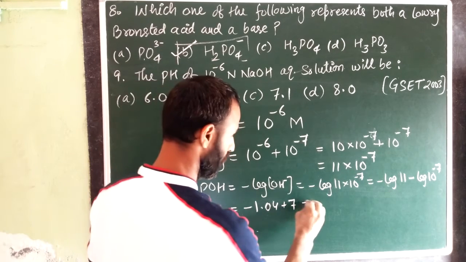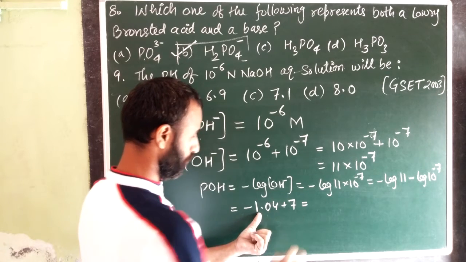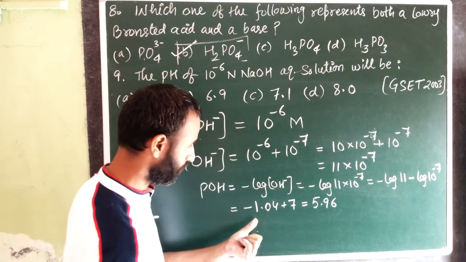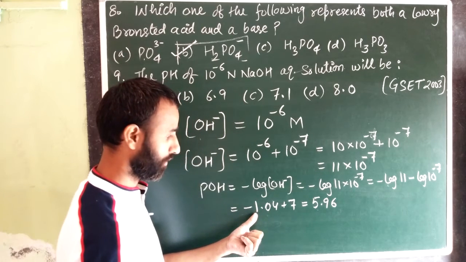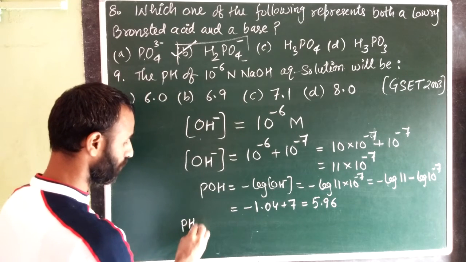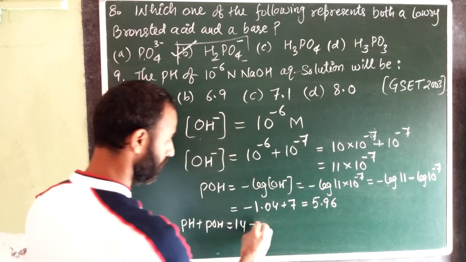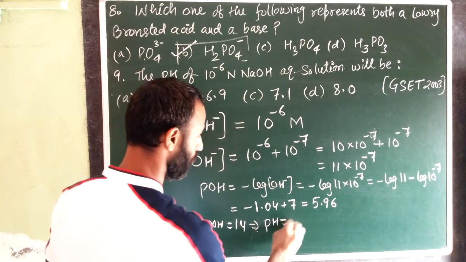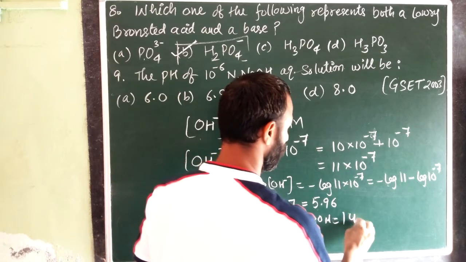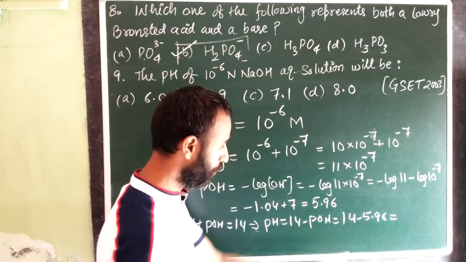So it comes out to be 5.96, right? It comes out to be 5.96, and you know pH plus pOH equal to 14. So pH equal to 14 minus pOH, that is 14 minus 5.96. So it is